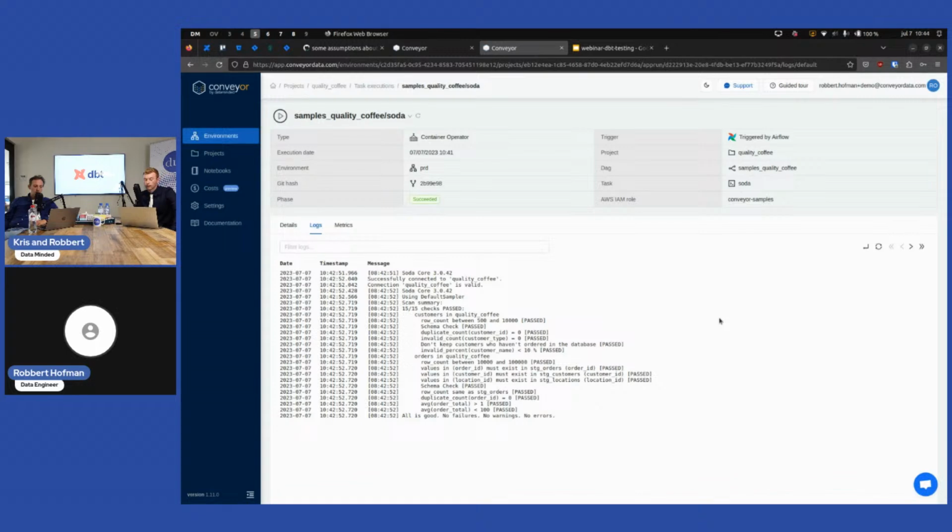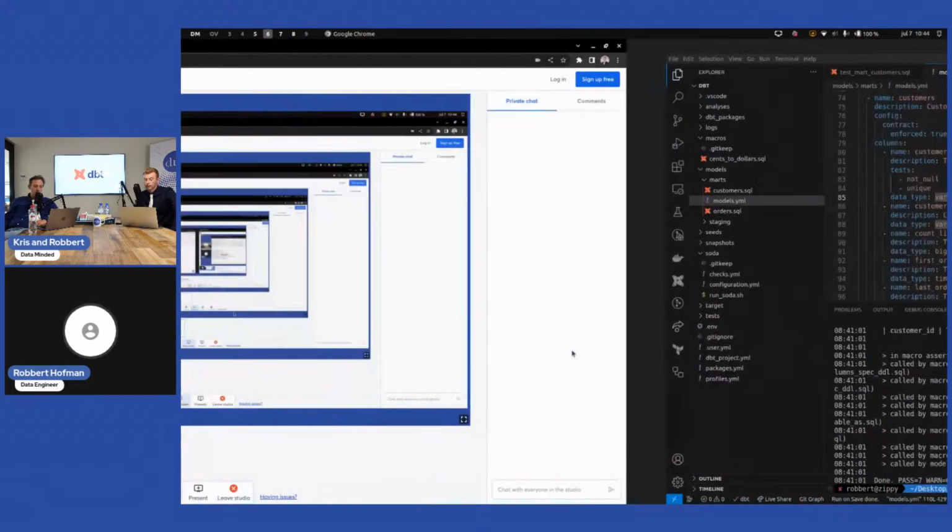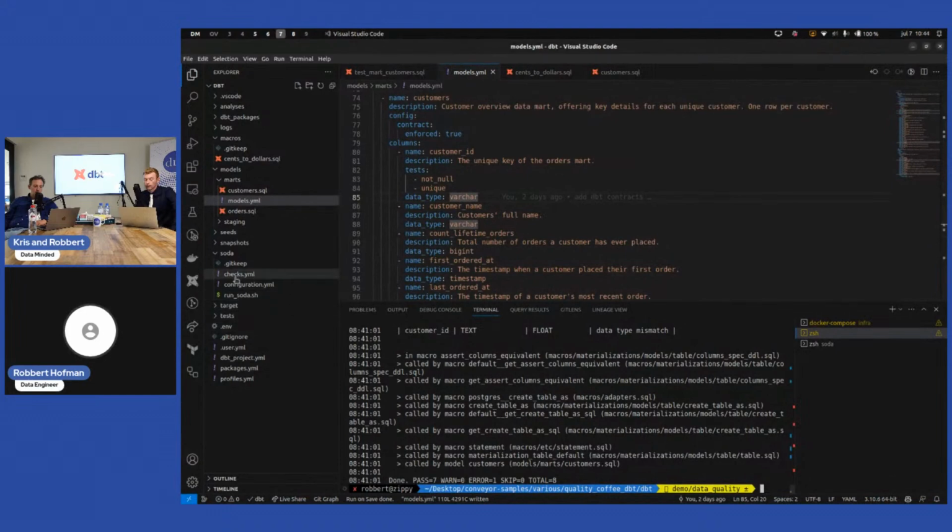So I think what he asks is, if instead of failing, can you also give warnings? For Soda, that's a thing. I think one of these checks says invalid percent customer name smaller than 10%. Yeah, in this case, if you go look at the Soda checks,